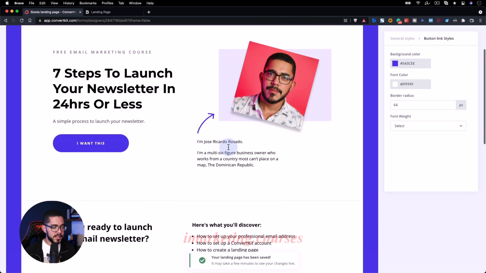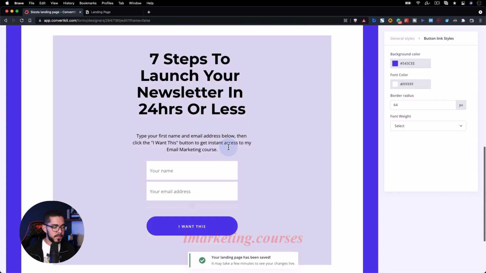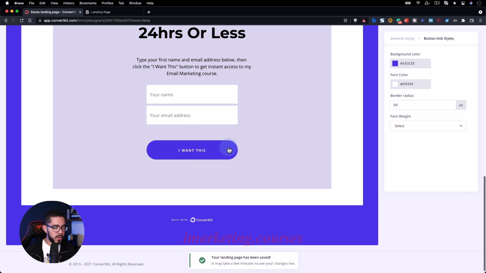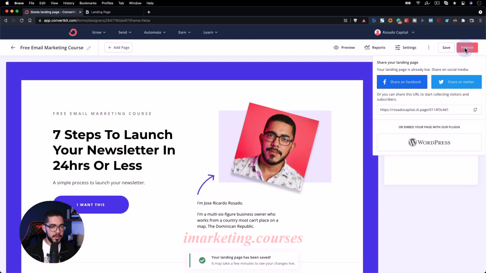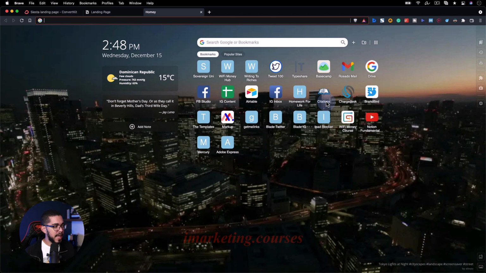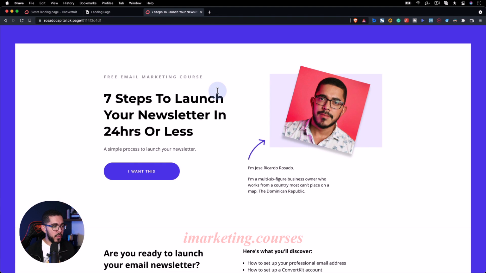Let's scroll down and let's see what else we can do on this page. Yep, there's nothing more we can do. Anyhow, let's click on the save button, then the publish button, and we're going to copy this URL by clicking on this button here. Then we're going to open a new tab, paste this, and now we have our new